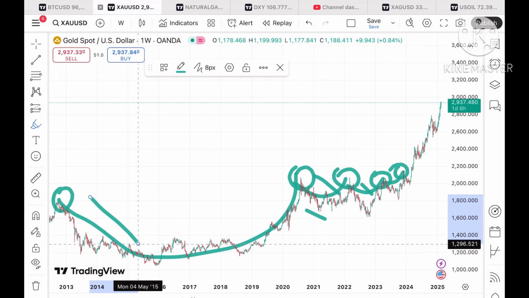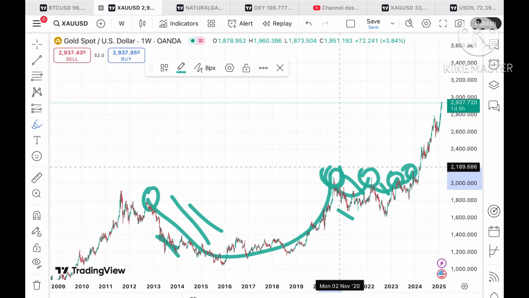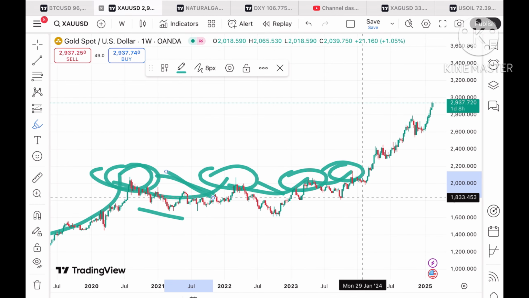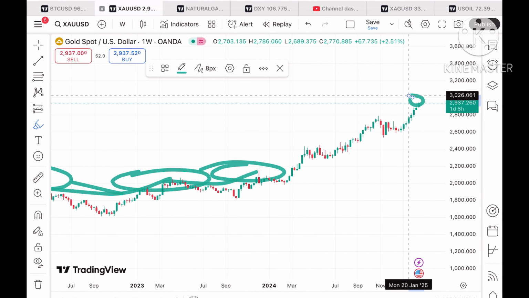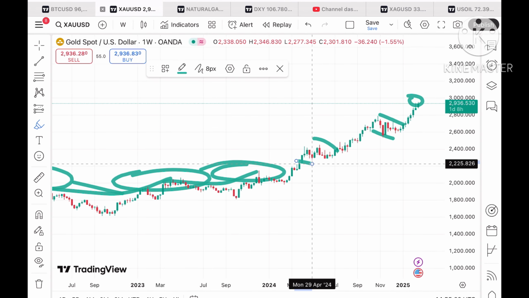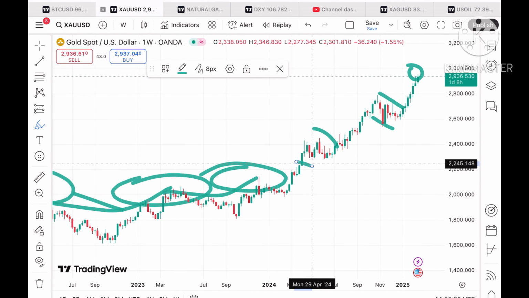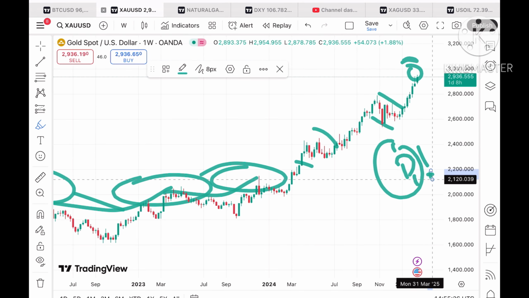Whenever it makes a new high, we have seen a good fall come. If you look at this particular trend, we have seen a good fall each time, but at this particular level we have not seen a fall come. Otherwise, whenever it is making a new high, we have seen a good fall. So as soon as the price starts going down and forms a red candle, there is a probability of going further down.